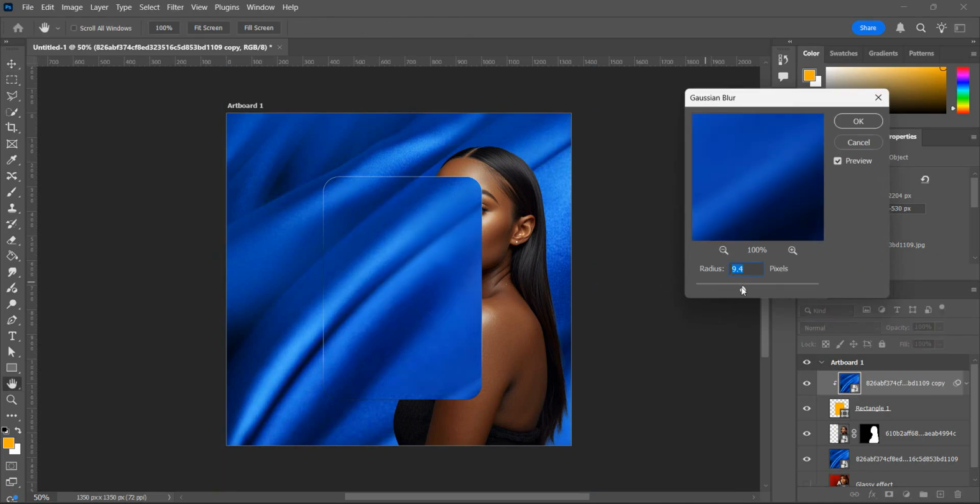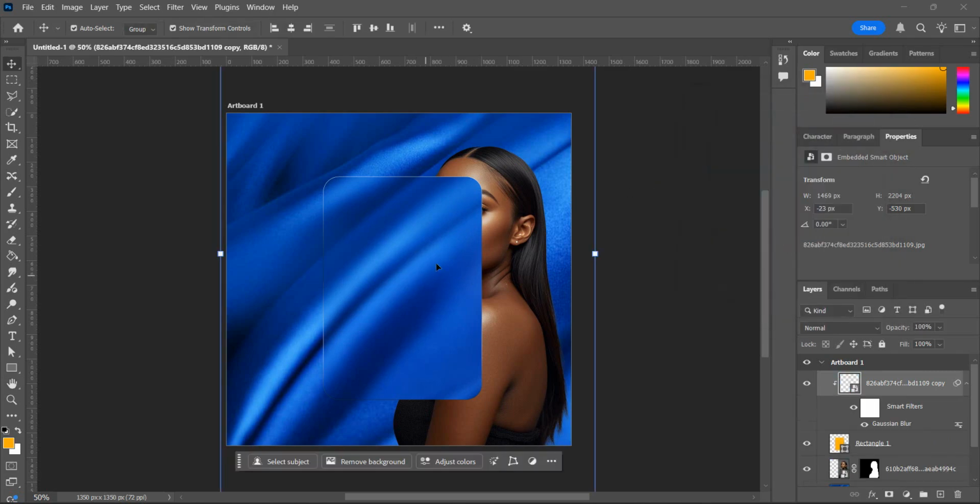I think 9.4 is a good one. We might want to go forward a little bit to this point, right? And this is good enough. So we would say okay. So once we're done with that, we are already getting what we want, right? Now the next thing you want to do